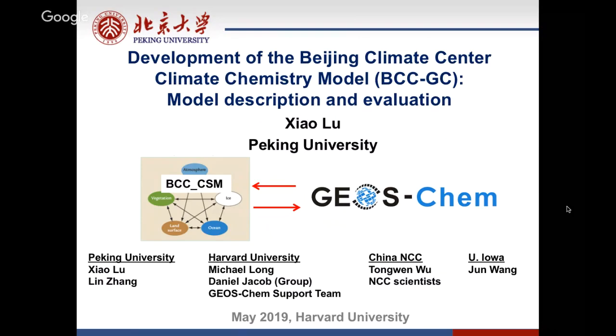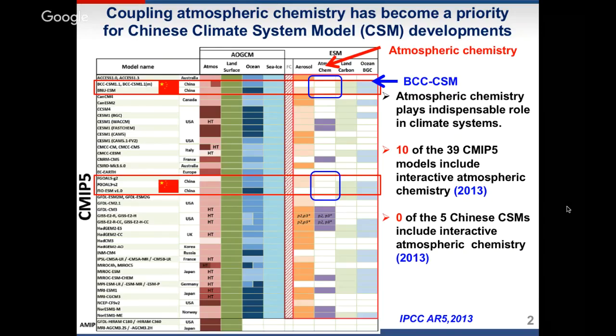I would like to start with a figure in IPCC AR5. This figure is showing you all 39 models included in the CMIP5 project as well as their components. We can see that only 10 of the CMIP5 models include interactive atmospheric chemistry in the model. For the rest, including all the 5 Chinese models, chemistry is just prescribed in the model. So this situation has motivated the Chinese research institutes to start to consider chemistry in their climate system models, including the